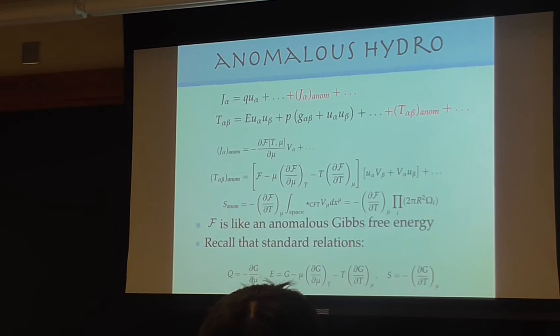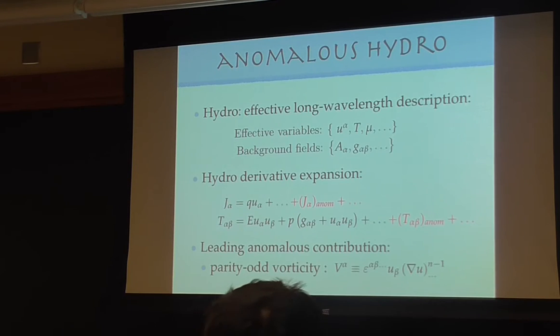Why is that related to an anomaly? Shouldn't there just be a vorticity term in your hydrodynamic equations? Sorry, what kind of terms do you have? That's the one you wrote, this velocity gradient. This is the parity odd term, and this is really the anomaly. Why isn't it just in the first ellipsis, for example? Because all these black things are supposed to be parity even. This thing is parity odd. At the moment, we can just say it's parity odd, but to call it an anomaly takes a little more explanation. For now, we can just say that's a unique parity odd term.